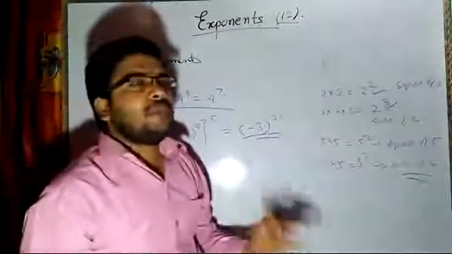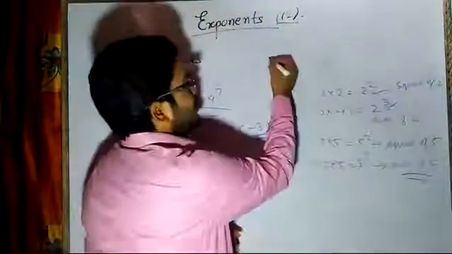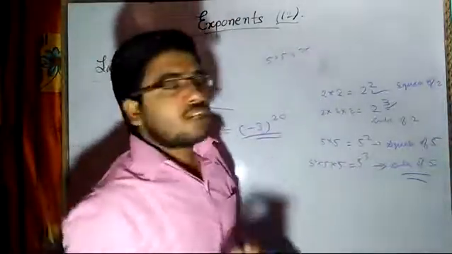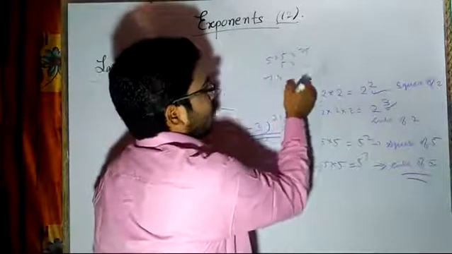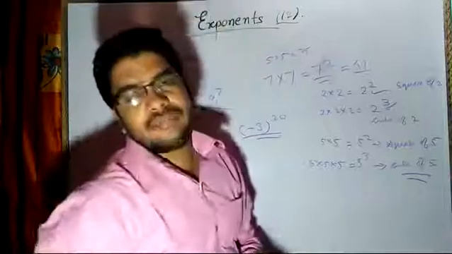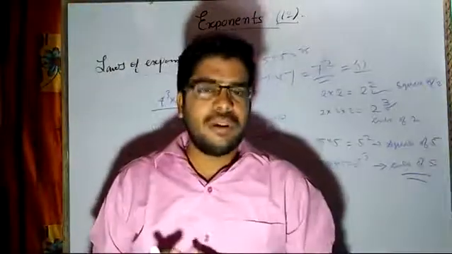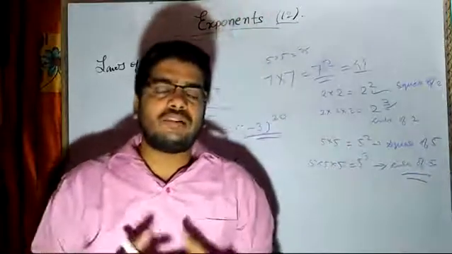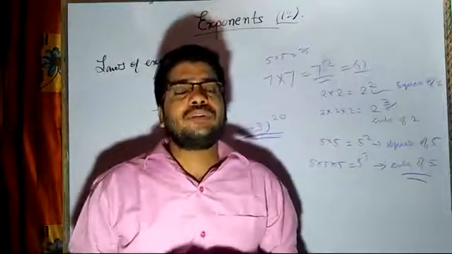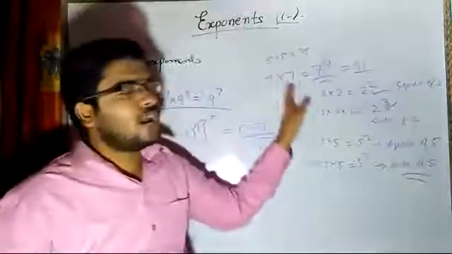Now we have to multiply certain numbers. If they say write the square of 5, square of 5 means 5 into 5, which is equal to 25. If they ask write the square of 7, square of 7 means 7 into 7, that is 7 square, which is equal to 49. Like this we have to write. If they say write the cube of 7, 7 into 7 into 7, that is 343. If they ask for the cube of 2, then 2 into 2 into 2, that is 8. If they ask cube of 5, 5 into 5 into 5, 125. So in this way you are going to write all these things.